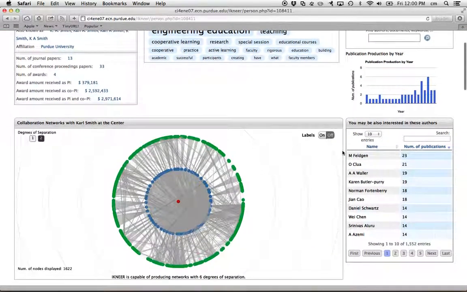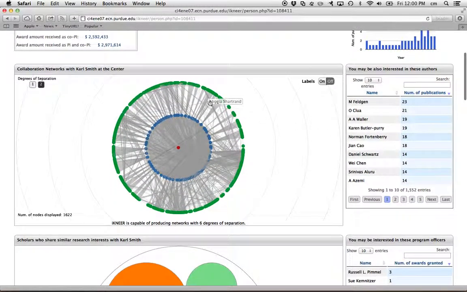This may not be a complete list, as you can imagine, because we don't archive everything. Right below that is a simple egocentric graph with Carl Smith at the middle. His first level collaborators, which means his direct collaborators, are listed in blue right around that. And then the friends of friends, which means the indirect collaborators, are listed over here. In the case of Carl Smith, he's a very well-known researcher, so the collaboration network is very dense over here. And for beginning researchers, this network might not be as dense.